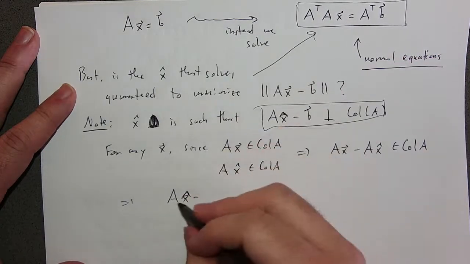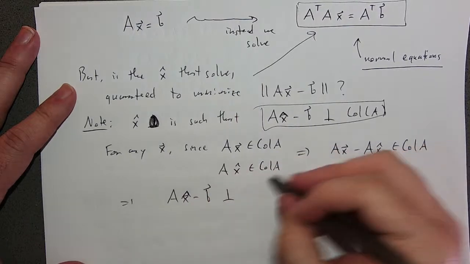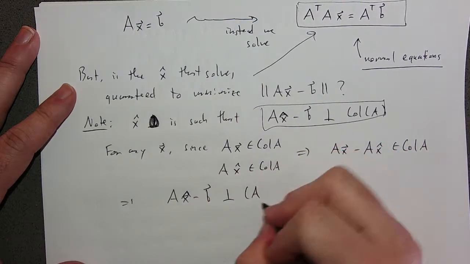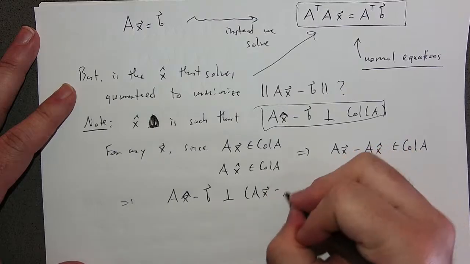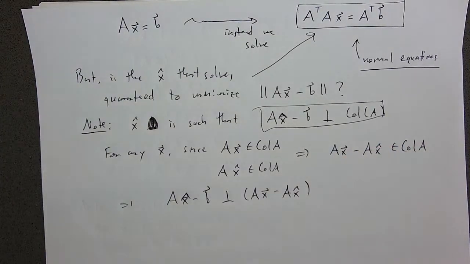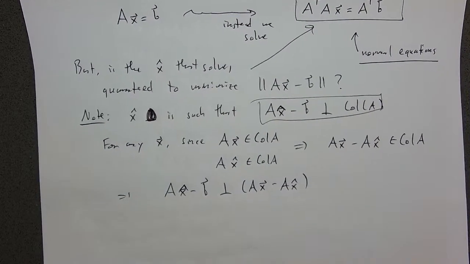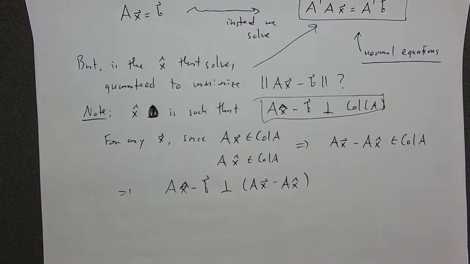So this is Ax hat minus b is perpendicular to the vector Ax minus Ax hat. Okay. And so